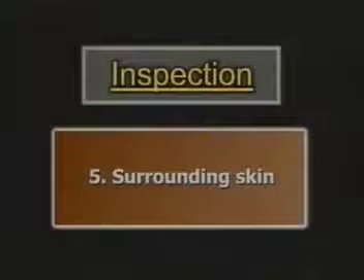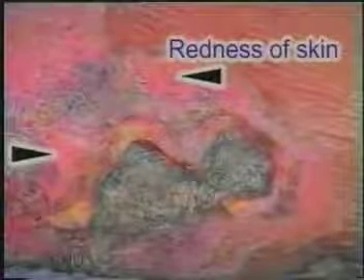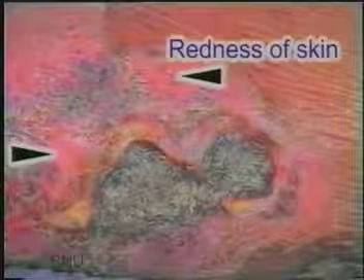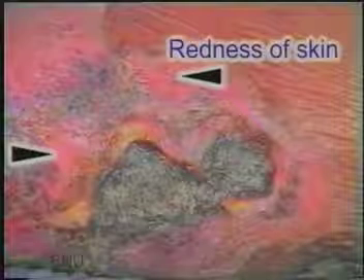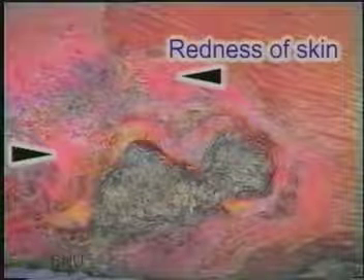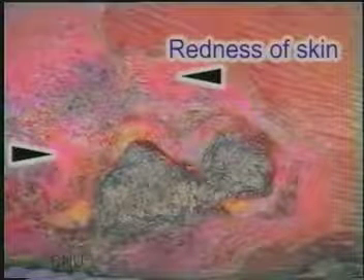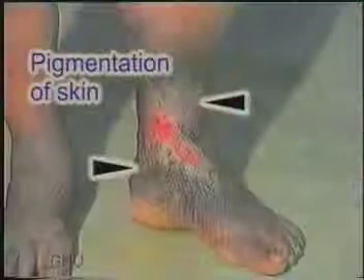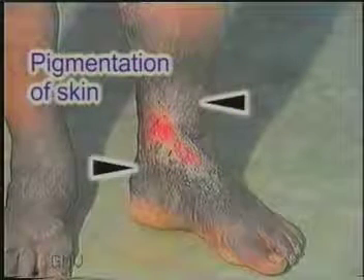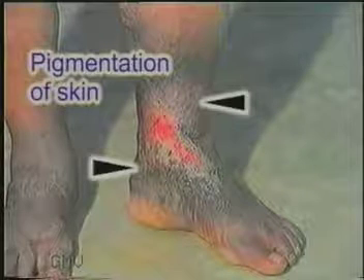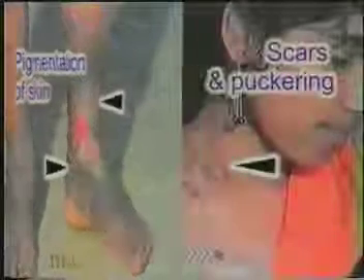Lastly, inspect the surrounding area. If the ulcer is spreading and infected, the surrounding skin is shiny, red and edematous due to cellulitis. Note the shiny red skin around this ulcer where the ulcer itself is covered with slough. Dark pigmentation and eczema surrounding the ulcer is typical of varicose ulcers, that is, ulcers associated with varicose veins. Multiple scars and puckering of the skin surrounding an ulcer in the neck are suggestive of tuberculous ulcers.